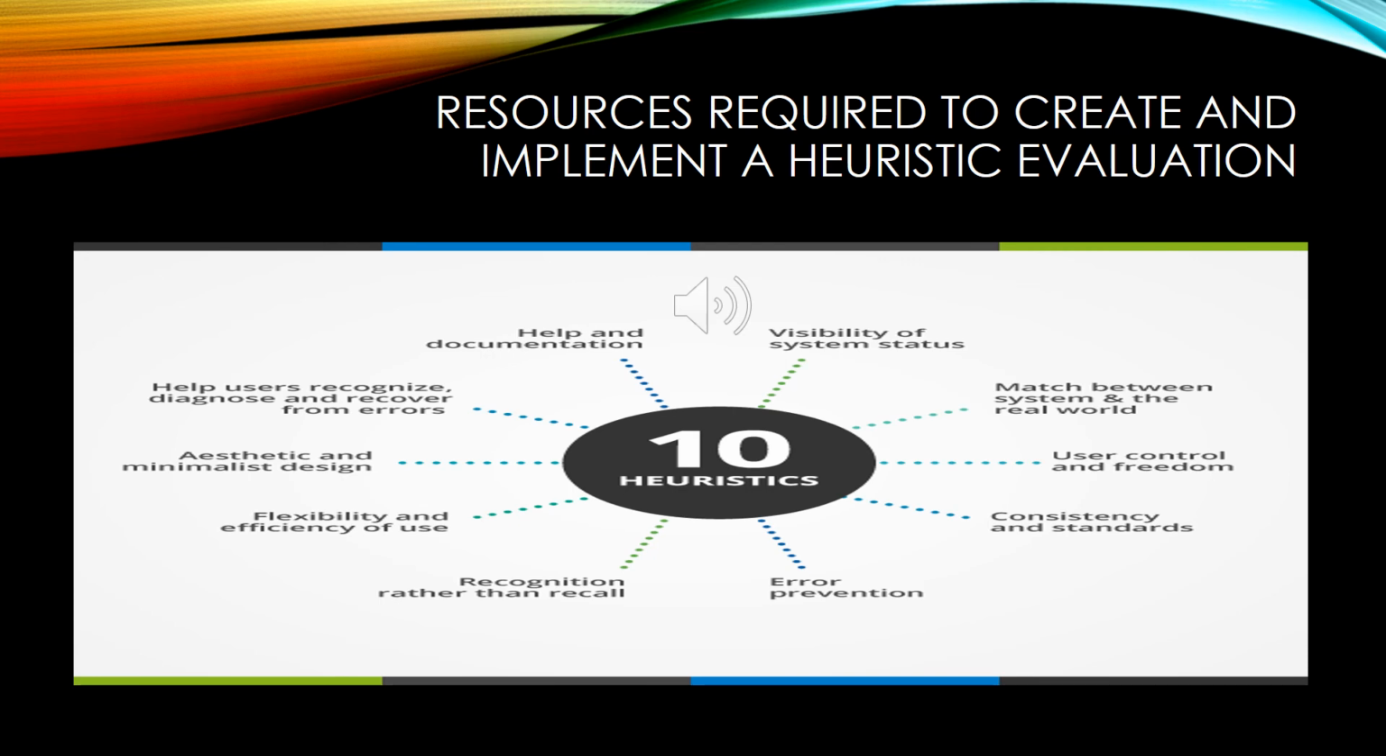Resources required to create and implement a heuristic evaluation. Below are the 10 things that are required to implement a heuristic evaluation. First, we have here help and documentation. Going clockwise, we also have visibility of system status, match between system and the real world, user control and freedom, consistency and standards, error prevention, recognition rather than recall,